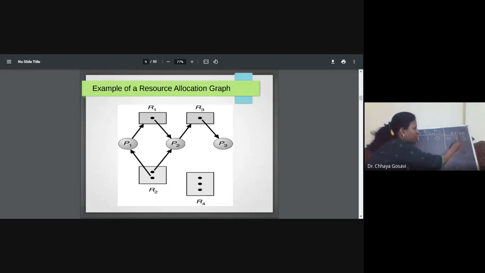Requirement is one resource of type R1, one resource of type R2, but allocation is only R2. It is still waiting for R1. So if you calculate, need is max minus allocation. So it will be 110. This is max.